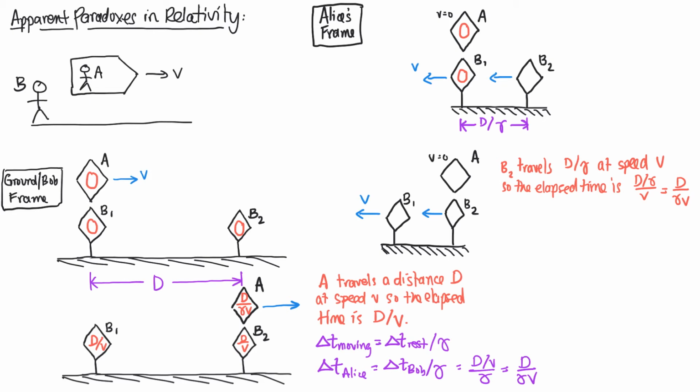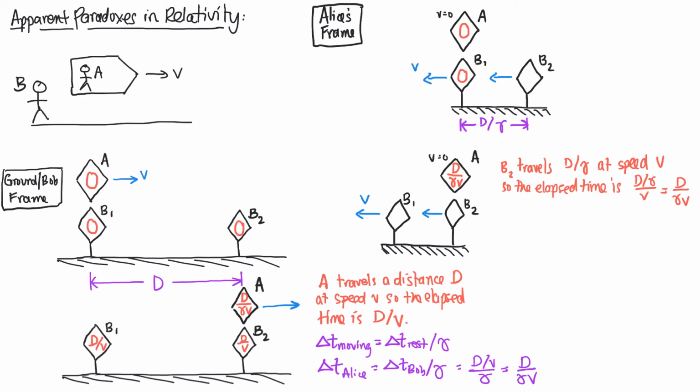And the question is, okay, well, what is the reading now on the various clocks? Well, one thing we know is that in order to arrive at A, B2 has had to travel a distance d over gamma, and it's traveling at a speed v, so the elapsed time is simply the distance divided by the speed. So it's d over gamma, all divided by v, or d over gamma v. The elapsed time is the time ticked off on the clock at rest. Well, that's A's clock, isn't it? Because we're in A's frame. So just as before, we see that clock A reads d over gamma v when B2 aligns with A. That's still true.